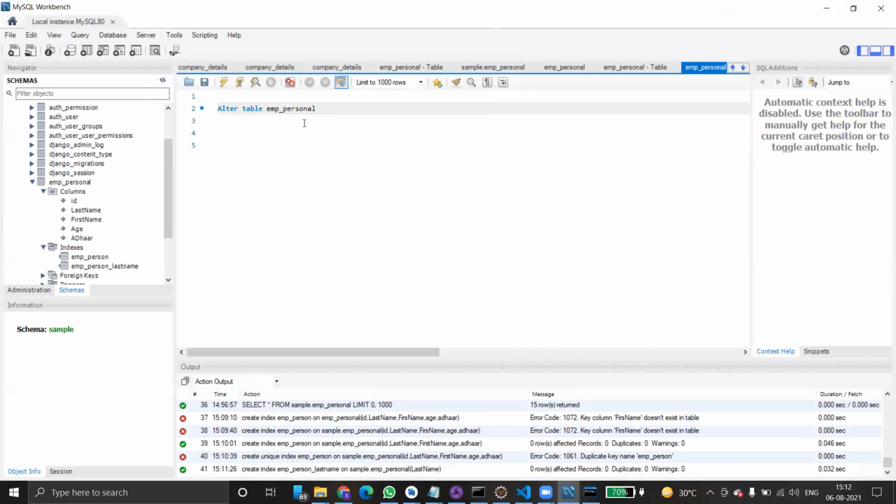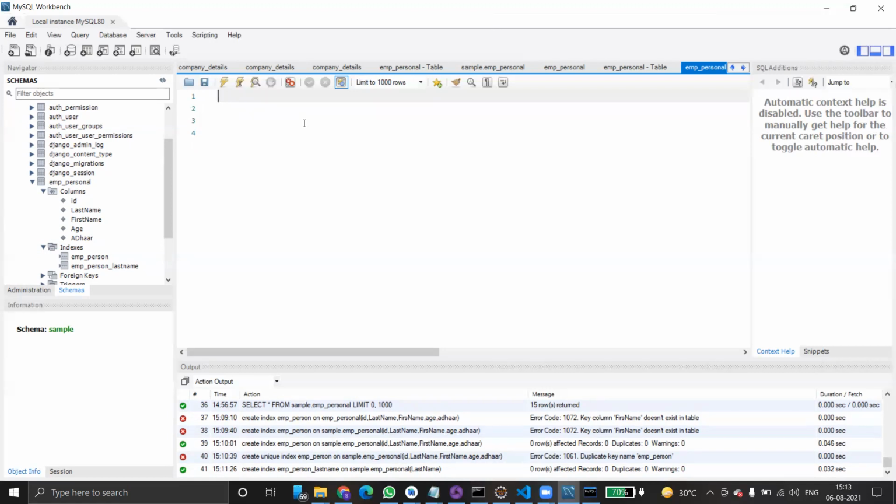Drop index emp underscore person. It automatically drops the index. You can basically delete the indexes, but right now I'm not going to delete it. So this is how we create indexes. Clear?